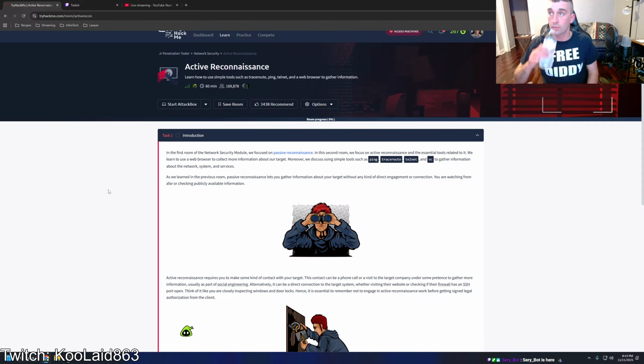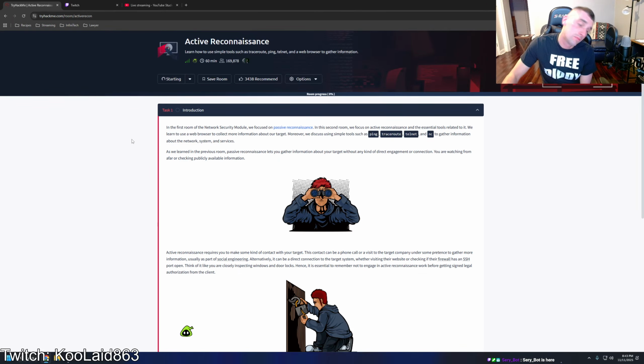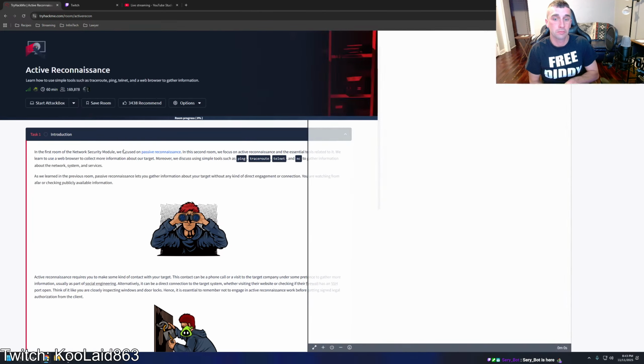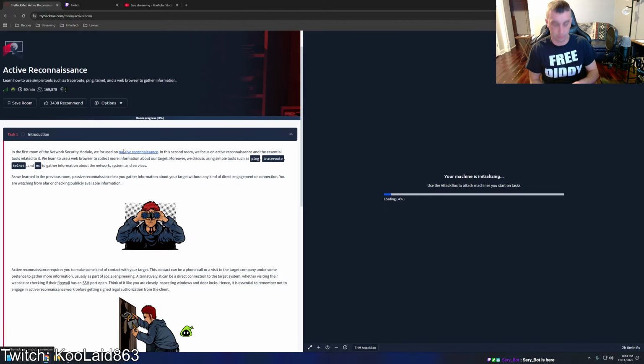In the first room of the network security module, we focused on passive reconnaissance. In this second room, we focus on active reconnaissance and the essential tools related to it. We learn to use a web browser to collect more information about our target. Moreover, we discuss using simple tools such as ping, traceroute, telnet, and nc to gather information about the network, system,